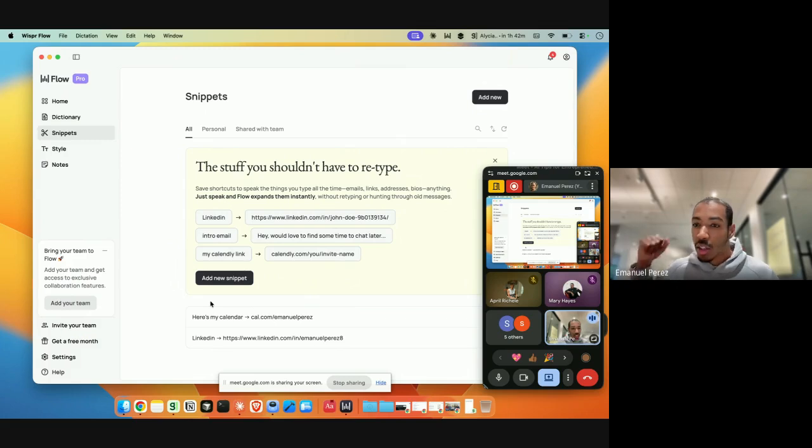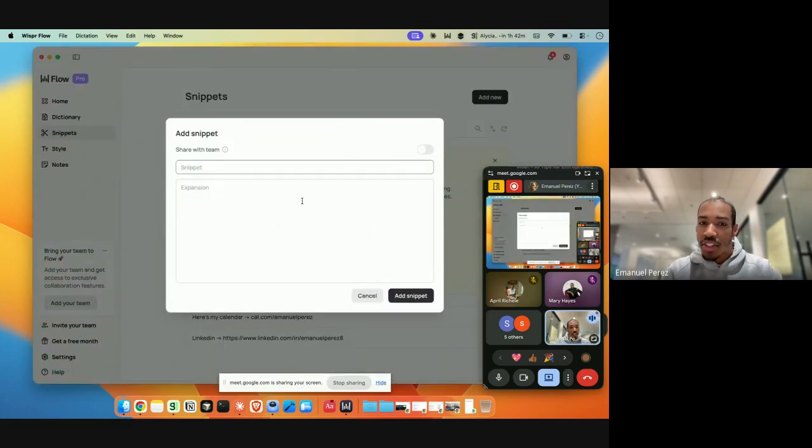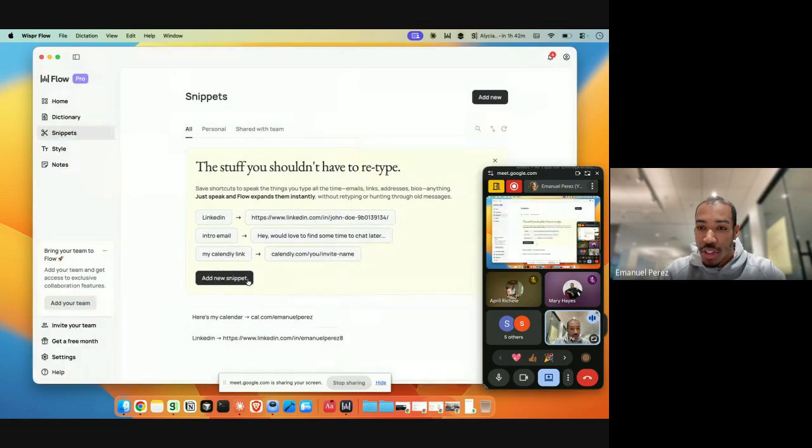So if you're constantly sending long links, if you're constantly sending articles about yourself or for your business, or for news related things, you can add in the snippets here and save yourself 10 to 20 seconds of your day that you just got back. And those seconds add up. Seconds add up to minutes, add up to hours, add up to days, add up to weeks, and y'all know the rest.